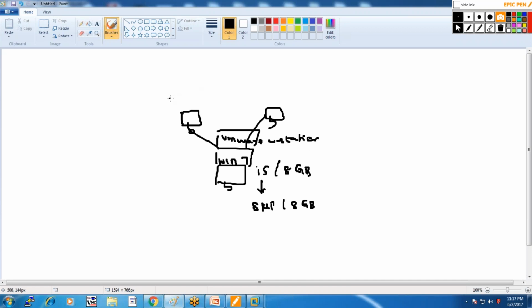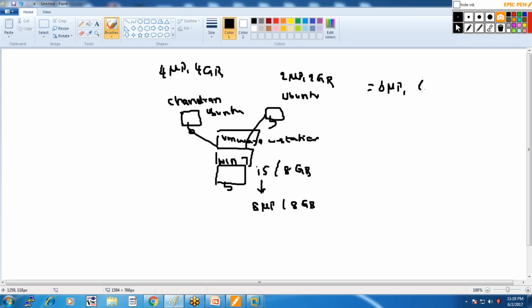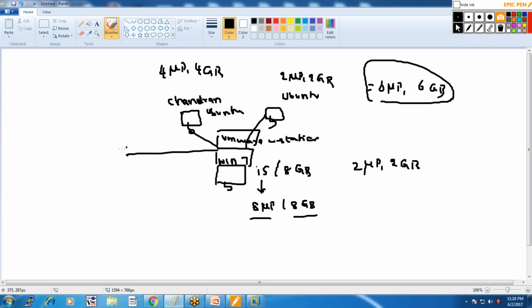On top of it, I have created two computers. One I assigned the name Chandran Ubuntu, and another one I assigned the name Ubuntu. For this machine I assigned 4 microprocessor and 4 GB of RAM, and for this machine I assigned 2 microprocessor and 2 GB of RAM. Total 6 microprocessor and 6 GB of RAM. So totally we have 8, and 2 will be assigned for your physical server and the remaining is assigned for another server. My question is, can I start